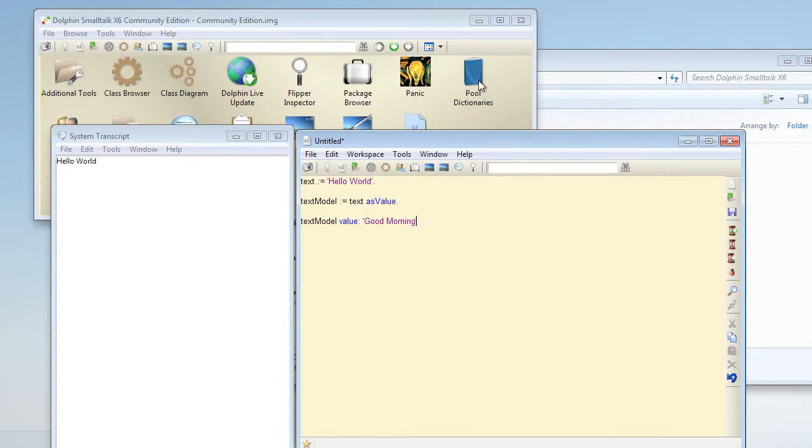Usually the sequence when you create an MVP application is that you design the model first, then the presenter, and then the view. And it's usually an iterative process. You may go around the loop several times, but that's typically the order in which you'll work. So let's close this window